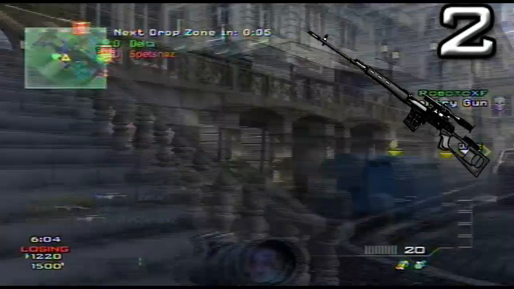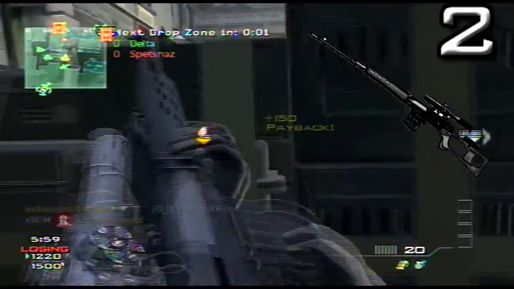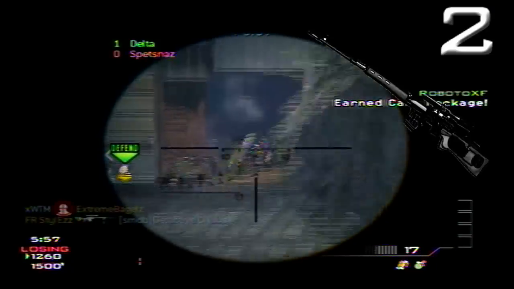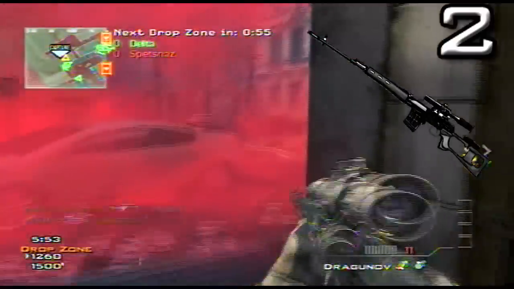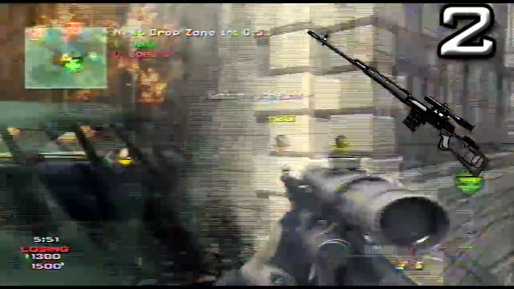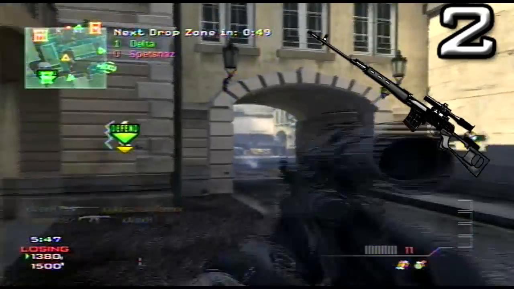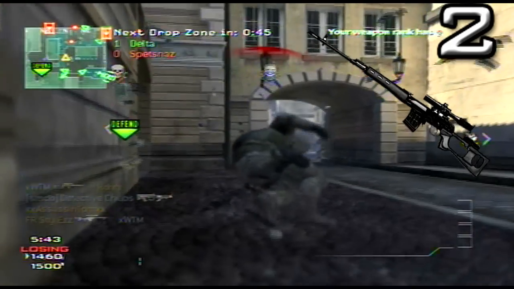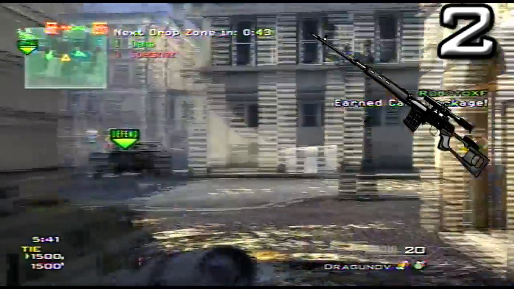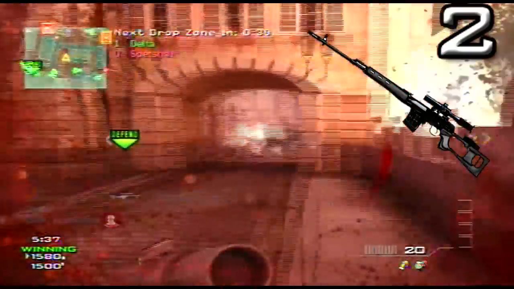At number 2, we have a gun that's featured in 3 different Call of Duties: Call of Duty 4, Black Ops, and Modern Warfare 3. It would obviously be the Dragunov. This gun in Call of Duty 4 is actually fairly respectable because you could one-shot kill people from the chest up, but in Black Ops and Modern Warfare 3 they have severely nerfed the gun and made it basically only a one-shot headshot kill, and basically the Dragunov is probably the worst sniper in Call of Duty history,